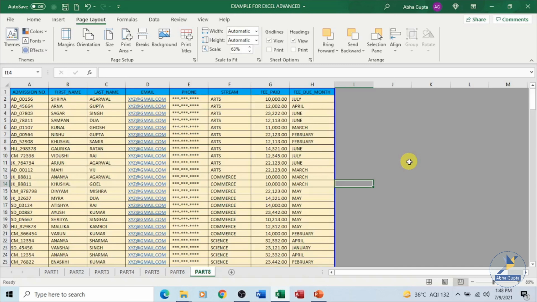In the next part 9, we will talk about some more functions of Excel. In the previous course we did experiment with some basic functions. In the next part 9 of this course, we will look into some advanced Excel functions, and we'll work around with an example.